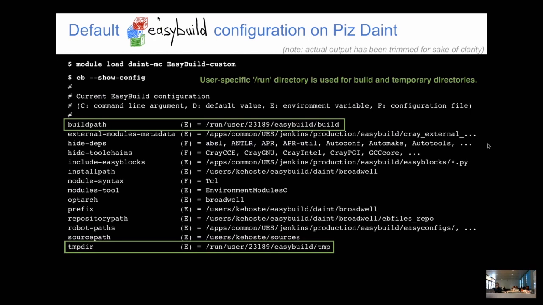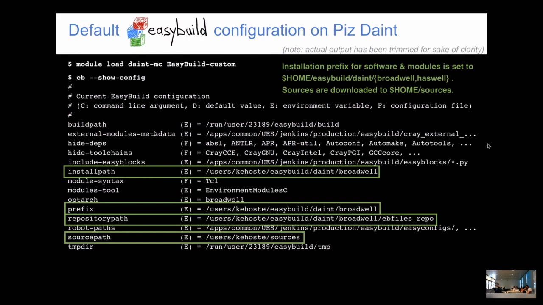So on the build directories that EasyBuild will use, where it will temporarily compile the software before it gets installed in the final location, the run partition is being used. Same thing for the temporary directory, which certainly makes a lot of sense because these are both temporary directories. The installation prefix for where EasyBuild should install software is set to the EasyBuild directory in your